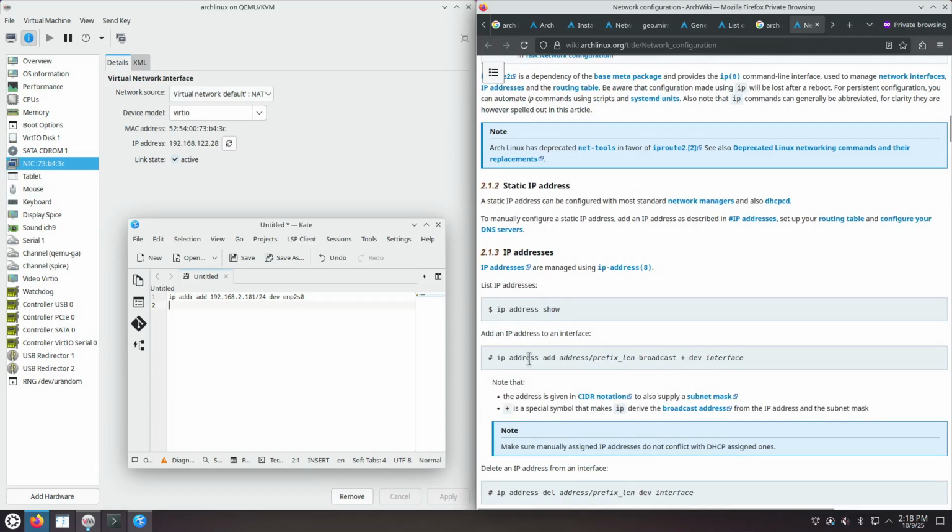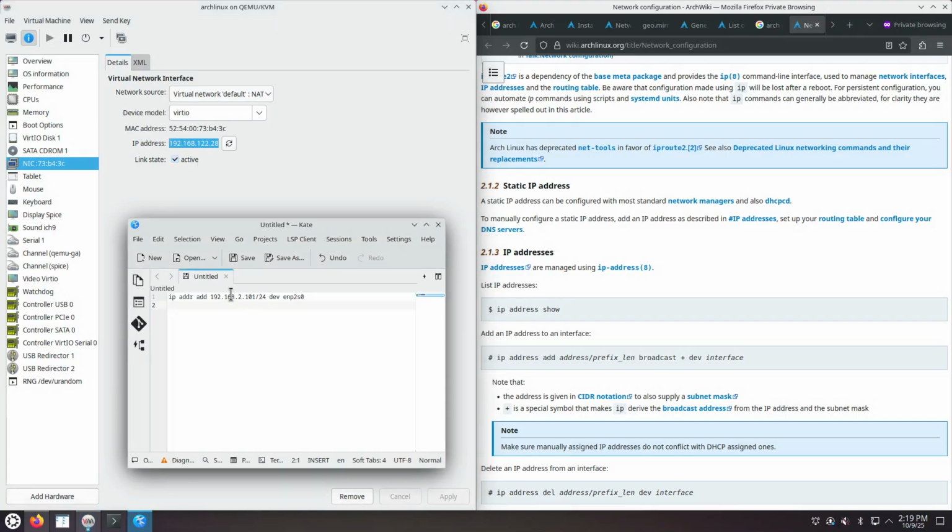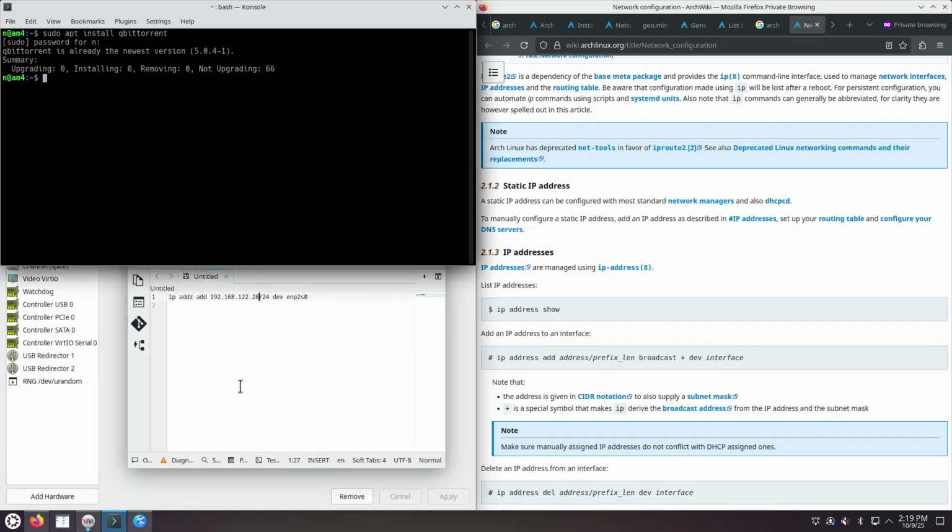So IP address add, then the IP address, which is this guy, or an IP address from this range. It's probably /24, and then the device